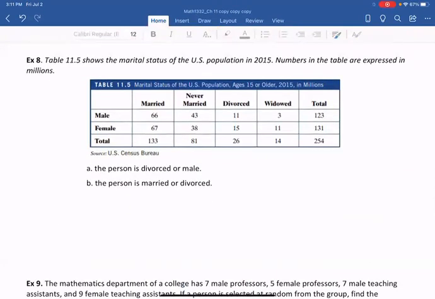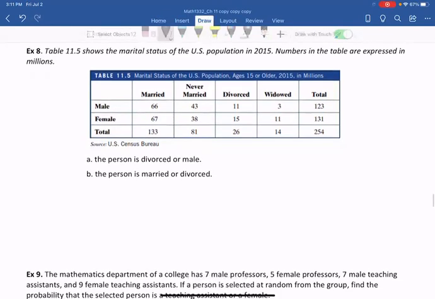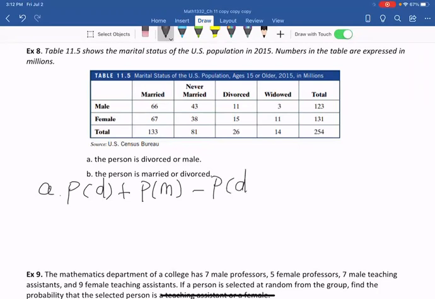Example 8. The table shows the marital status of the US population in 2015. Numbers in the table are expressed in millions. Let's see. The question A, the person is divorced or male. So find the probability of the person is divorced, and also we should find the probability of the person is a male, and then minus the intersection. That means both divorced and a male. So A is the probability of divorced plus probability of male and minus probability of the divorced and